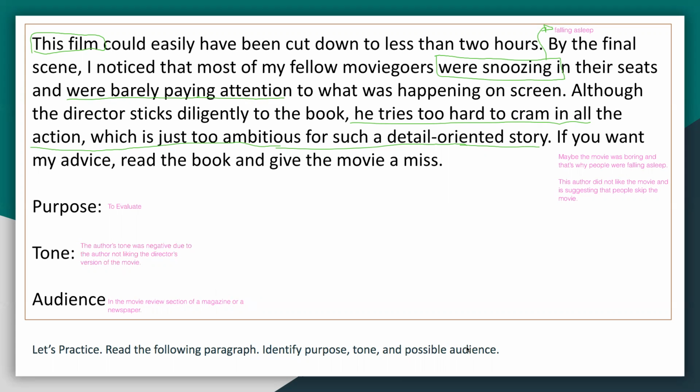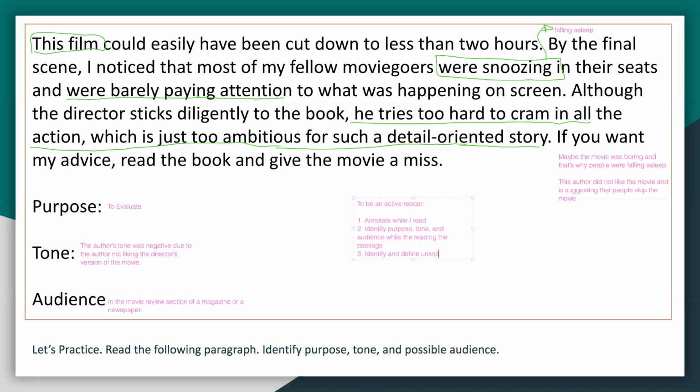So again, there were a few things that I did here to be an active reader, and also prepare myself to be a good writer by understanding purpose, tone, and audience. So first, annotate while I read. 2, identify purpose, tone, and audience while reading the passage. And 3, identify